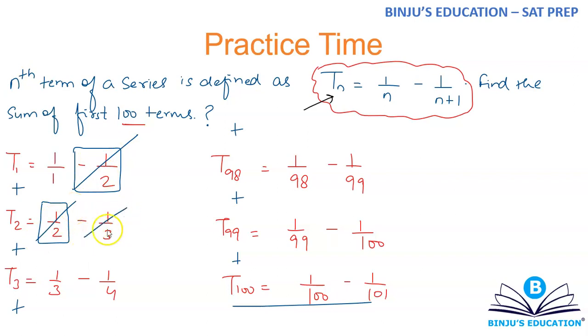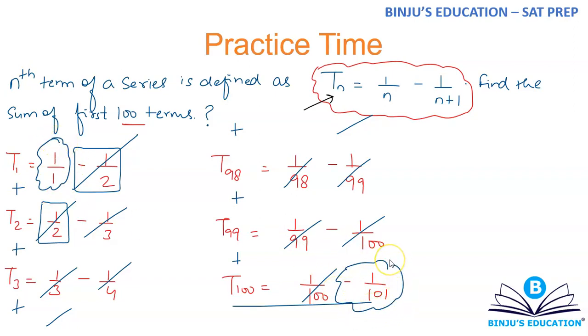Same thing will happen with minus 1 by 3, 1 by 3. Then minus 1 by 4, 1 by 4. Minus 1 by 5, 1 by 5. Minus 1 by 6, 1 by 6. Minus 1 by 98, 1 by 98. Minus 1 by 99, 1 by 99. Minus 1 by 100, 1 by 100. So you will be left with only the first term